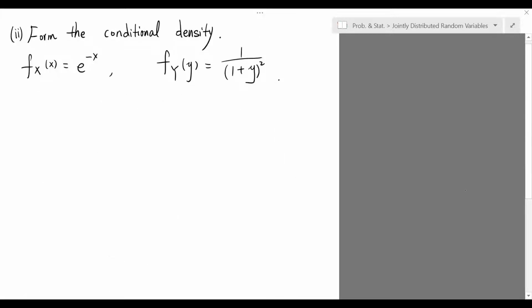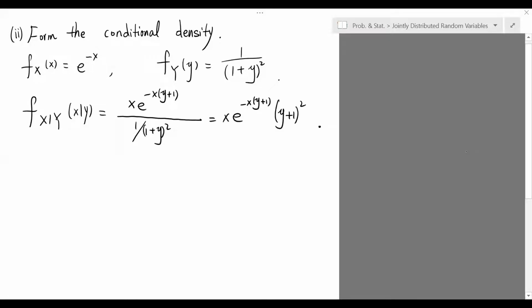The second step is to form the conditional density. Based upon our computation, the conditional density of x given y is just obtained by taking the quotient between the joint density function, which is x times e to the negative x times y plus 1, and the marginal density of y, which is 1 over 1 plus y squared. Thus, the outcome is x times e to the negative x times y plus 1 times the square root of